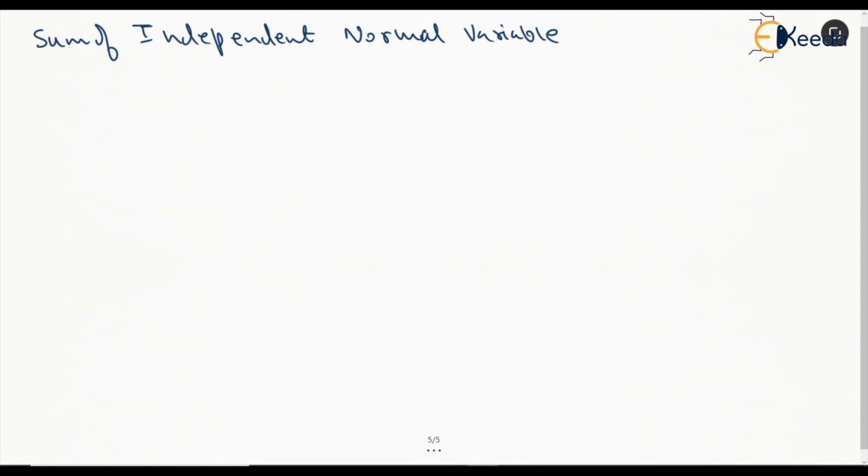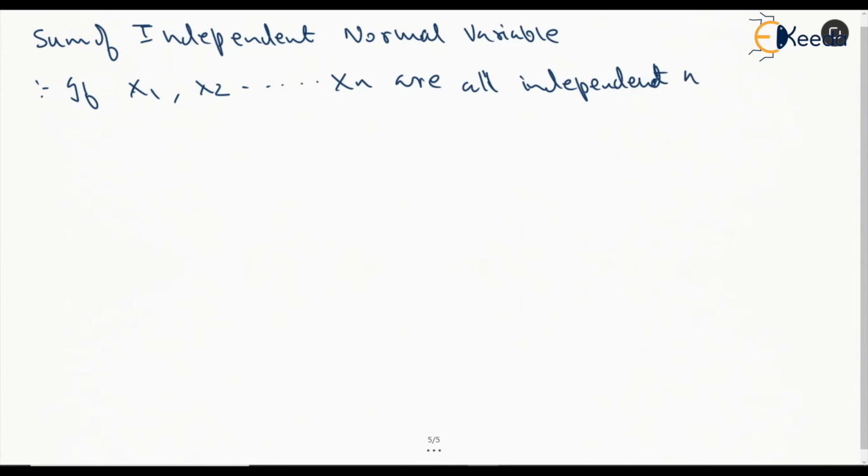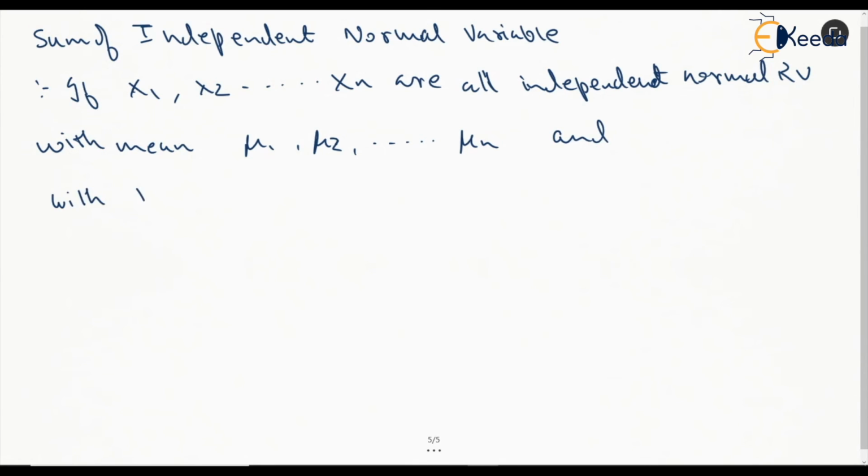So let's say x1, x2 and maybe up to xn are all independent normal random variables with means given as, let's say, mu1, mu2 up to mu n, and with variances given as sigma 1 square, sigma 2 square up to sigma n square,